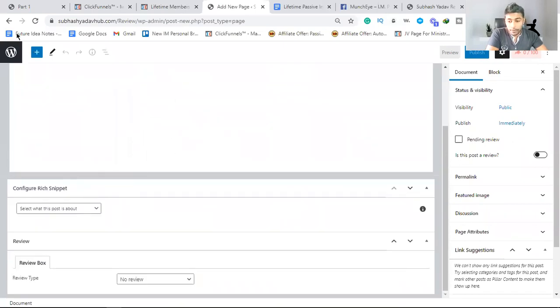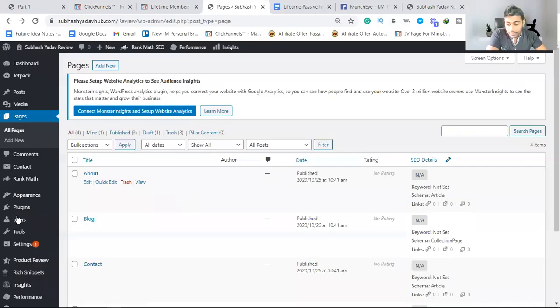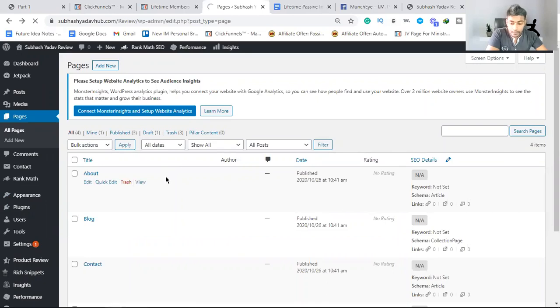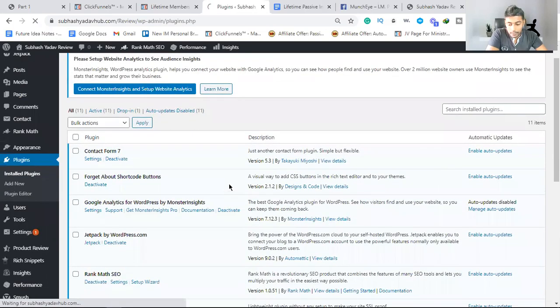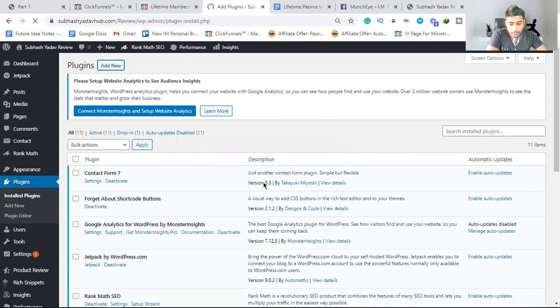If you are not familiar with it, simply go back and click the plugin section. Okay, and install Classic Editor. Click on here and click install.